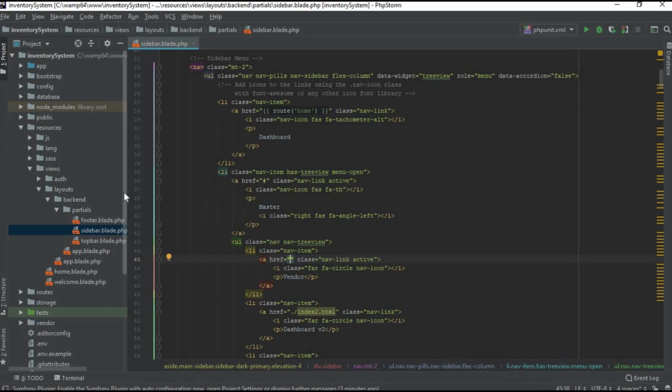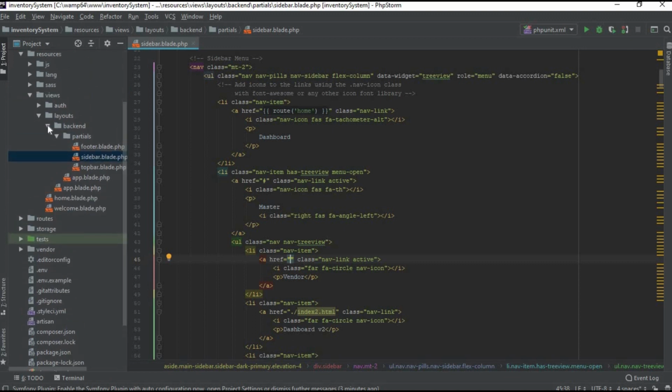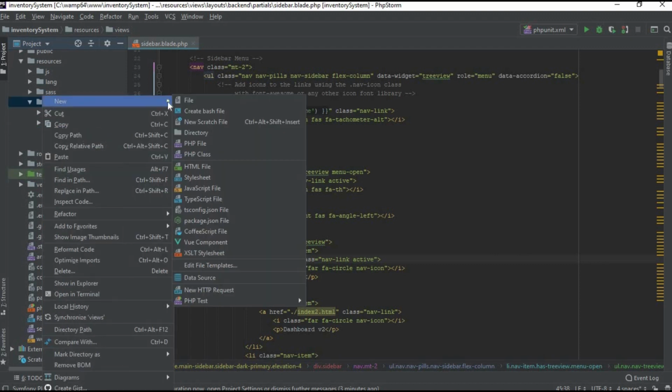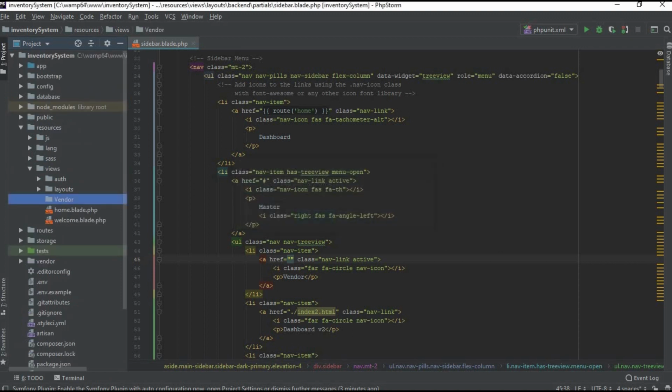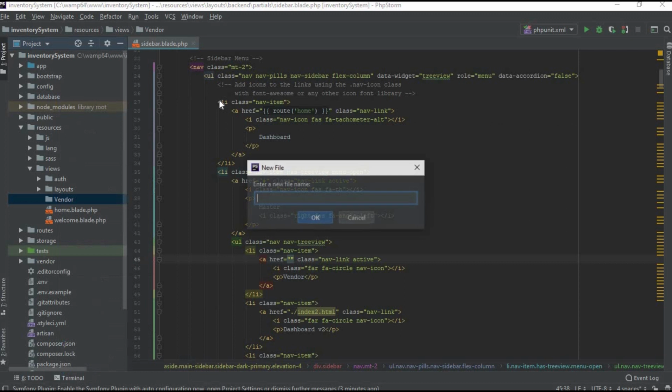Okay, for creating our vendor, at first let's create its file. So inside this views let's create a new directory. Let's name it vendor. Okay, inside this vendor let's create a file,